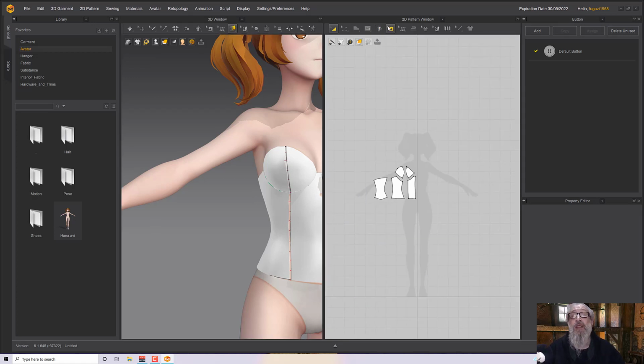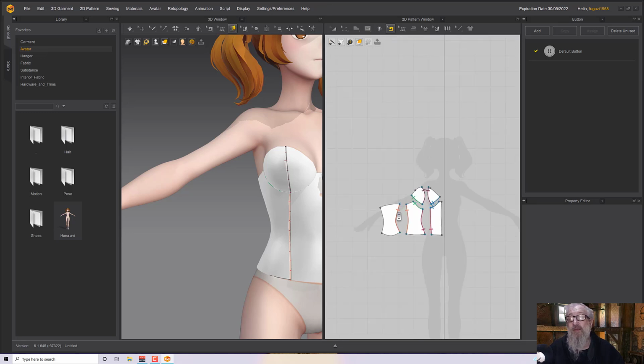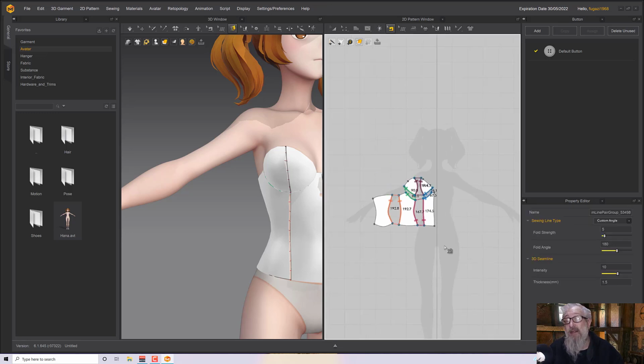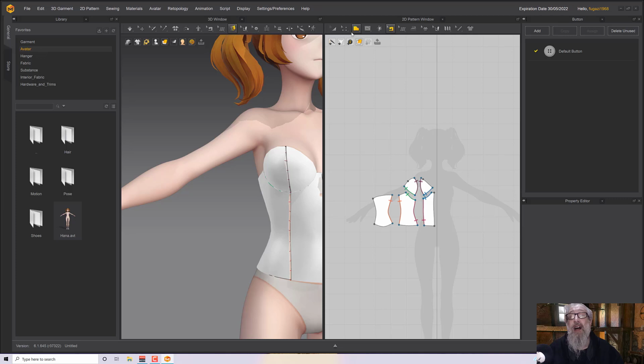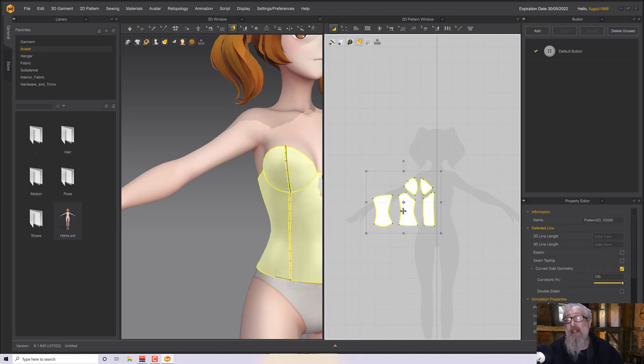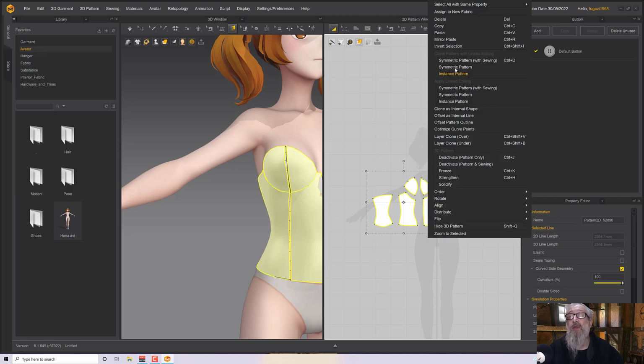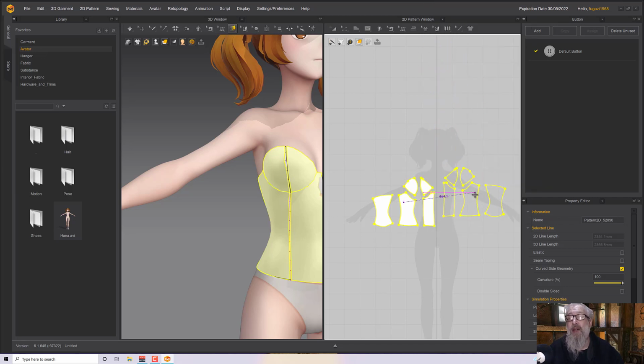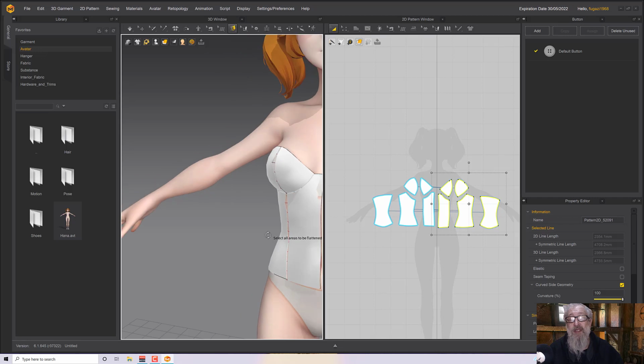Right, so I'm just going to click on the edit sewing tool and have a look in, and yes, they're all sewed together. I have had occasions where they don't, so I like to check. So I'm just going to select all these, right click and symmetric pattern with sewing and pop it just offside there,